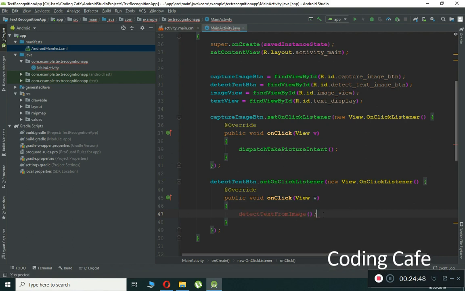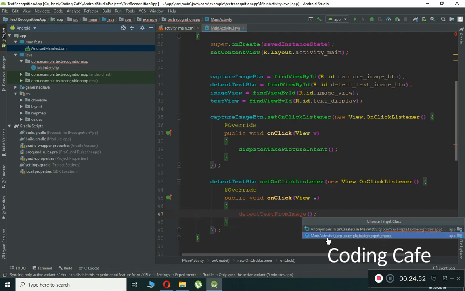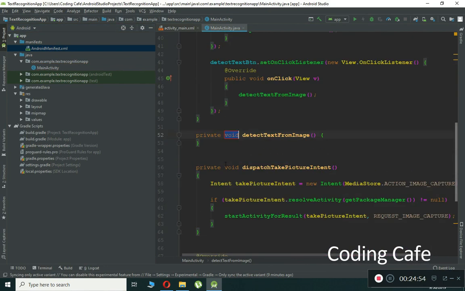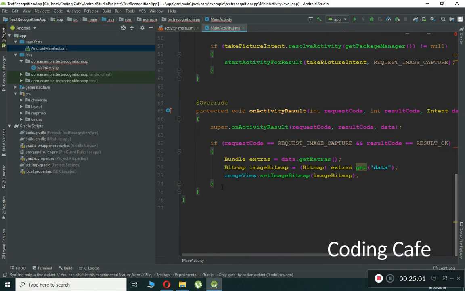And now let's create this method. You can just click here, create method inside our main activity, and this method is created here successfully. Here you can see it. Let's move it to the bottom, Control X from here, and paste it here at the bottom,